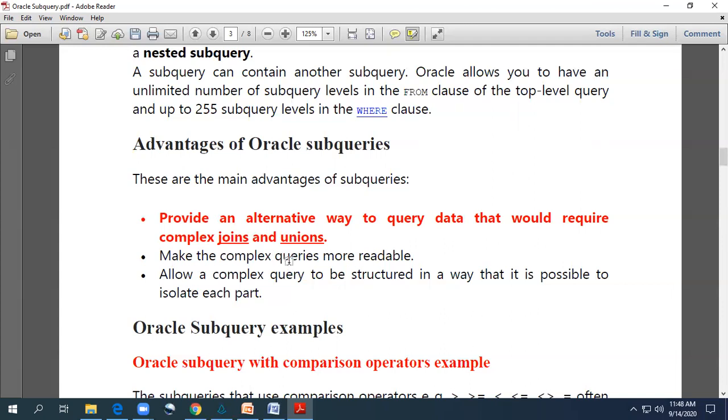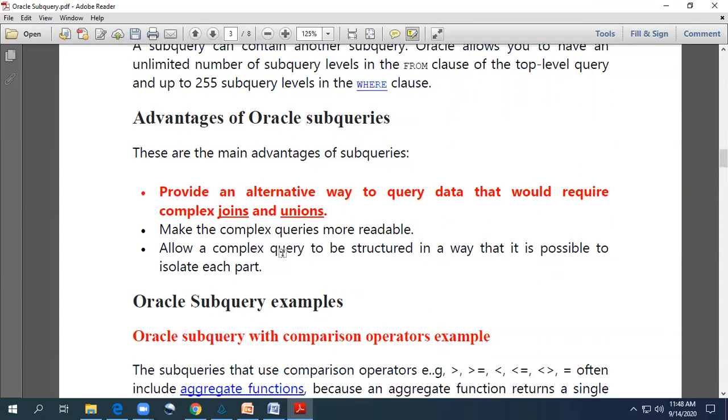The join syntax is a complex syntax, so instead of join queries, mostly we prefer subquery syntax because it is simple and readable. It allows a complex query to be structured in a way that makes it possible to isolate each part. So with examples, when we learn join queries, you will realize that subquery syntax is really easier than join queries.